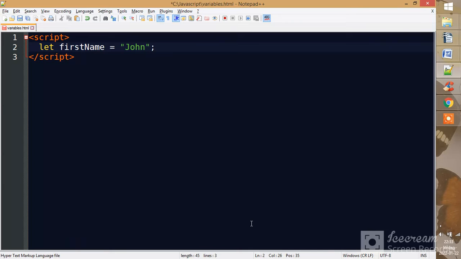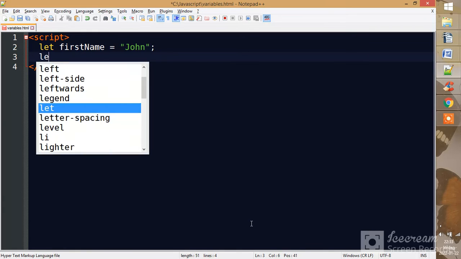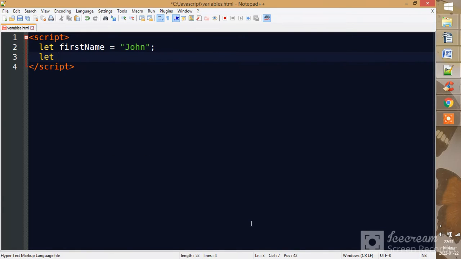So now the value John is stored in the variable first name, and I can create another variable again with the let keyword, and I will name this variable last name. And I will assign the value Connor